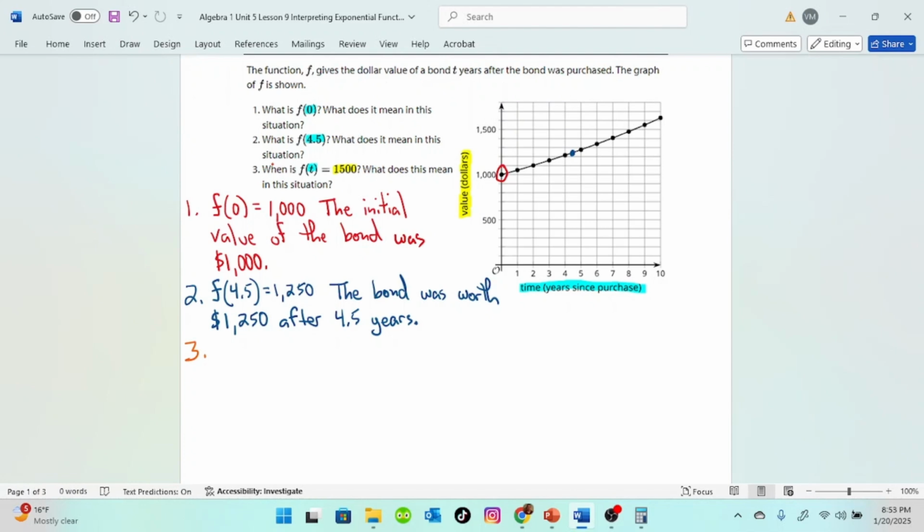And now we have question number 3. On this one, they're doing the opposite. They're giving us the output and asking us to find the input. So if we know the output is 1,500, we go up to where y is 1,500, and we go to the right until we find the point right here. And then we look down and we can see,